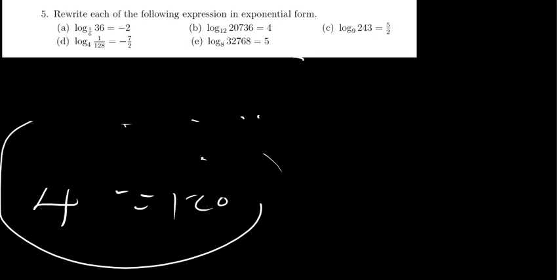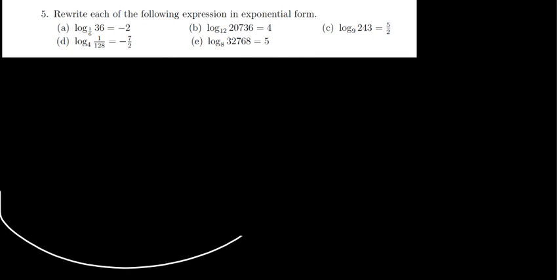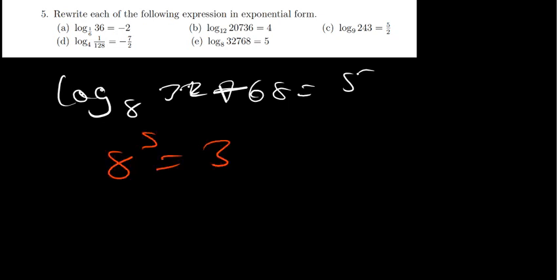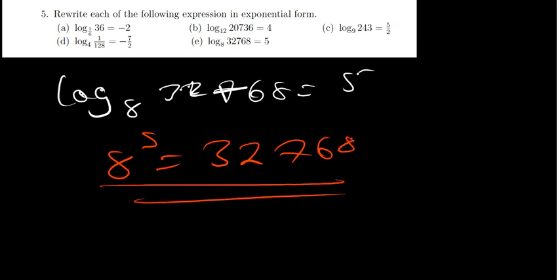Now the last one is saying we have log base 8 of 32,768 is equal to 5. So this is just supposed to be 8 raised to the power 5 is equal to 32,768. That is now an exponential. Now that we know how to come from log to exponential, now let's see the next question, which